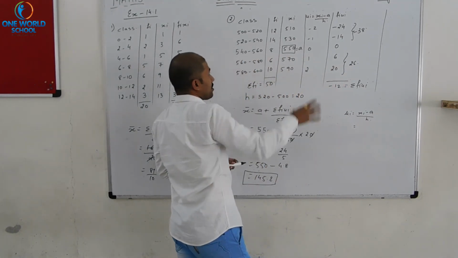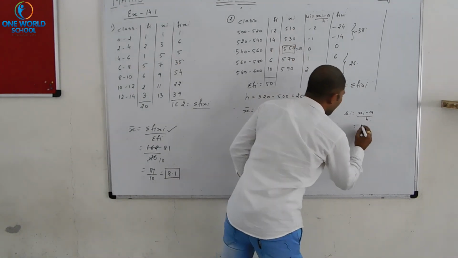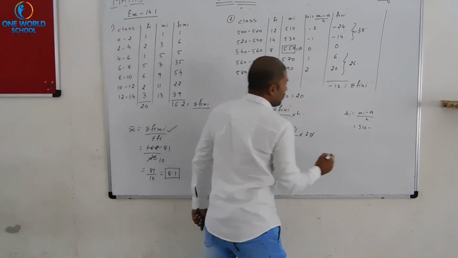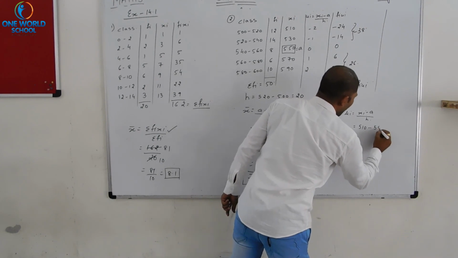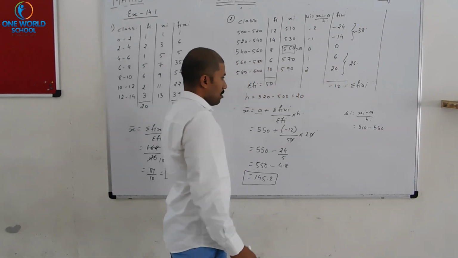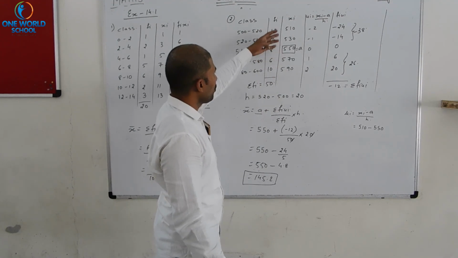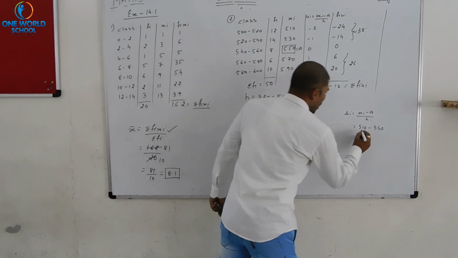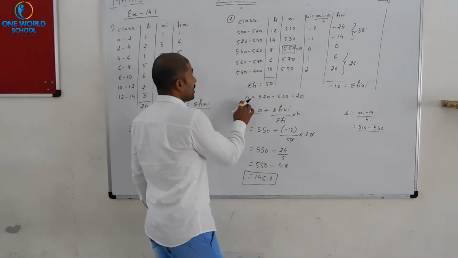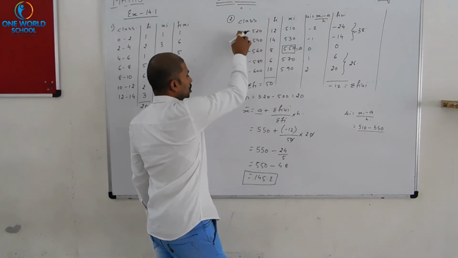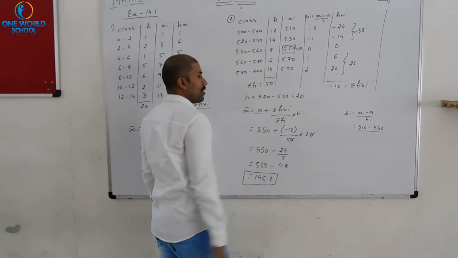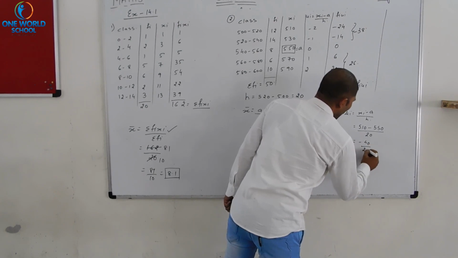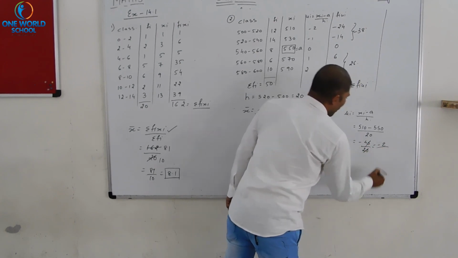Then in first case, value of xi is 510 minus a is 550, that we have already assumed. And I told you can obtain or assume any value from the particular xi section or mid value section, divided by h. H is higher minus lower, that is 520 minus 500, we will get the 20. So minus 40 divided by 20, we will get the value of minus 2.